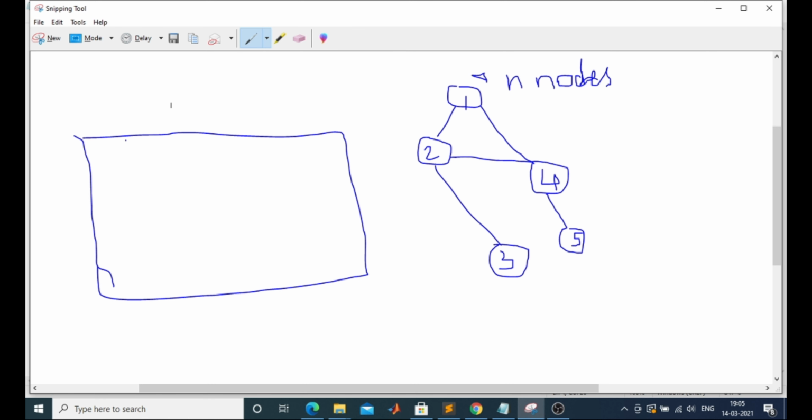Initially every cell of the matrix is assigned a value 0 and we will mark a cell 1 only when we obtain a connection or an edge between the ith node and the jth node. Let me exemplify it once.